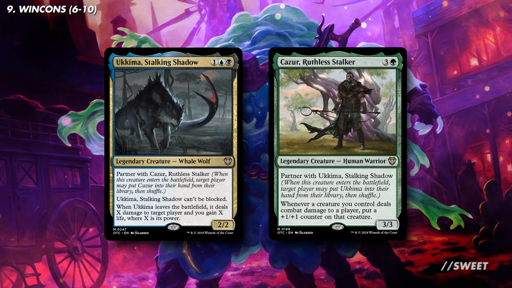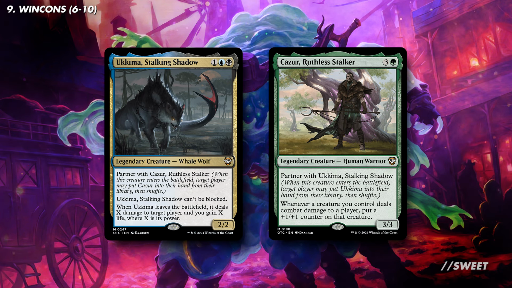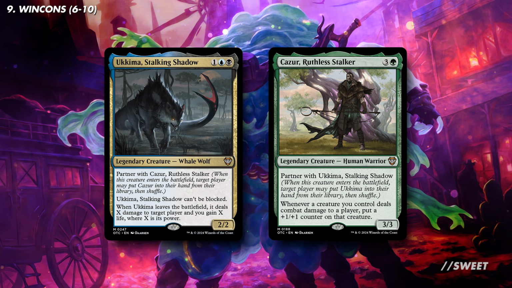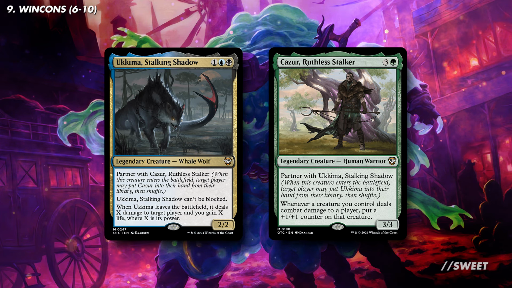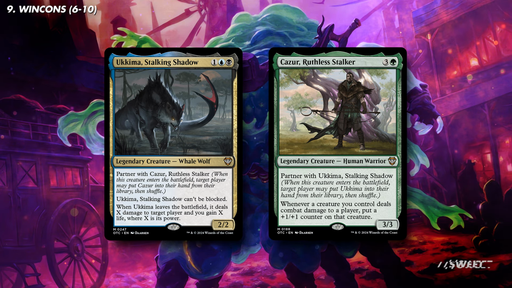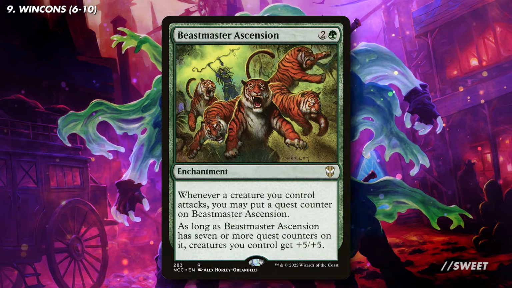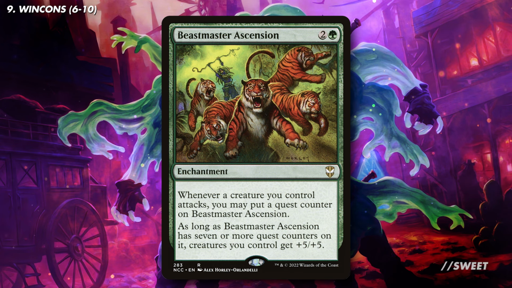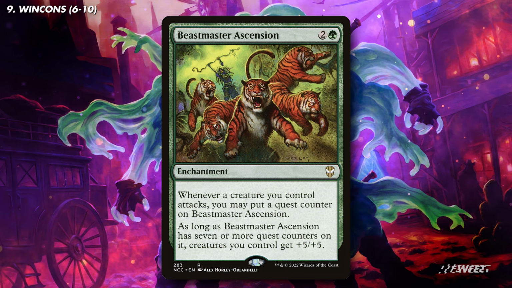We then have a nice little combination with Akima, Stalking Shadow and Kazur, Ruthless Stalker. The partner means that when we play one of them, they let us tutor for the other one, which is always going to be nice. Akima is a really solid evasive creature, and then Kazur is another great effect that allows our team to grow when they deal combat damage to a player. You then just have some solid green overrun effects. Cards like Beastmaster Ascension don't really synergize with the double damage of the deck, but they do kill our opponents,